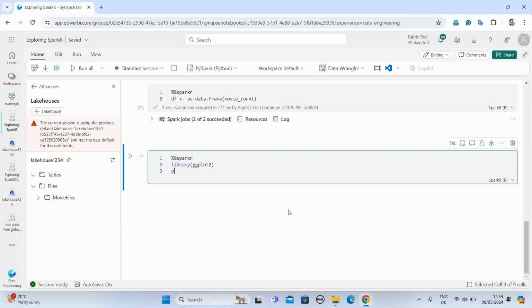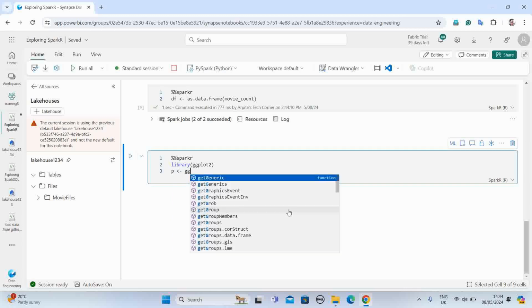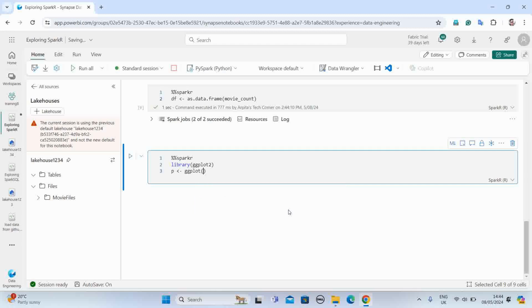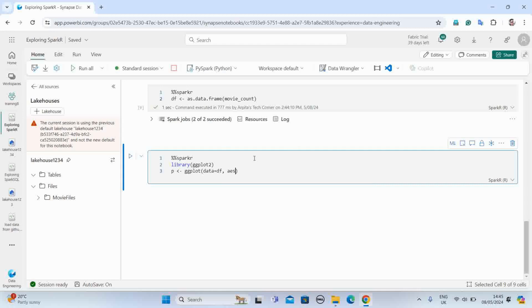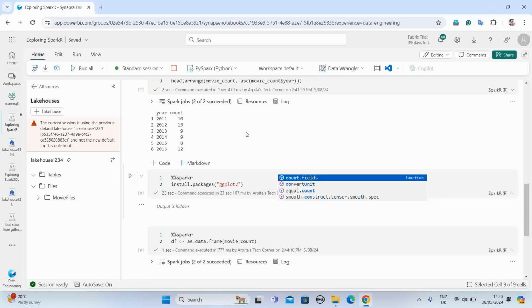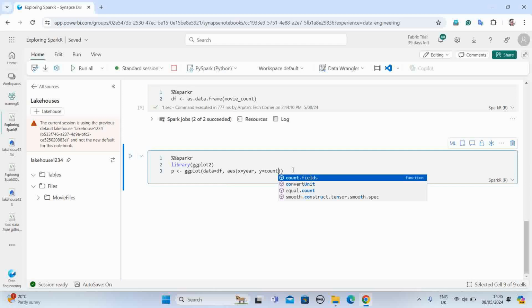For example, I'm just giving as a name P, means like plot, ggplot within bracket data equal to df, means this one, comma, aes, x equal to year, y equal to count. What is the name? Yes, it's count. So let me put as count. Now plus